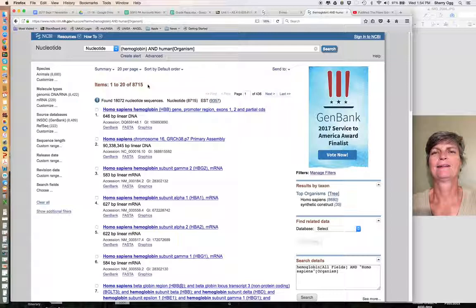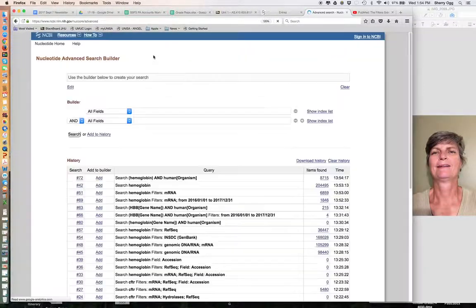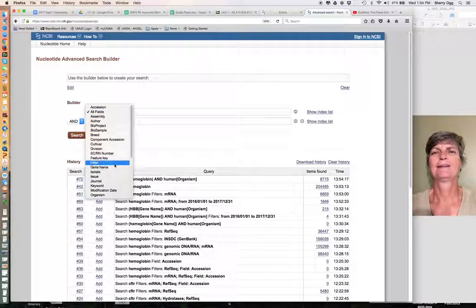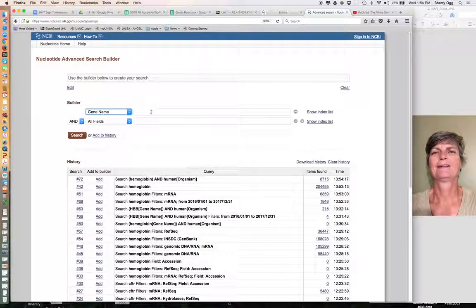Now, we can also see that there are many different types of hemoglobin genes. Here there's HBB, down here there's HBG2, HbA1. So say for instance we want to go back and search for a specific gene. We can go back here and say gene name. Here we can put in HBB,